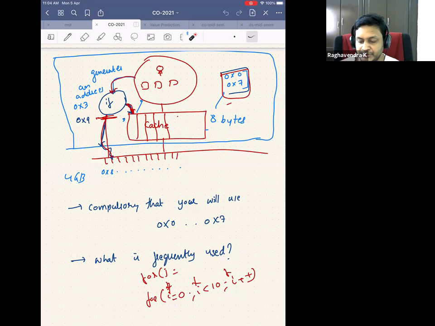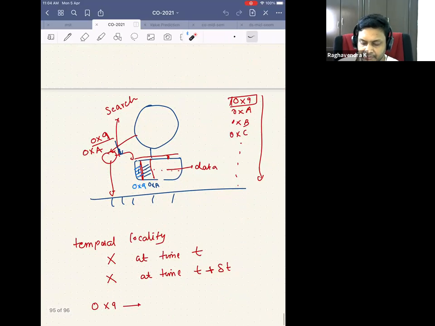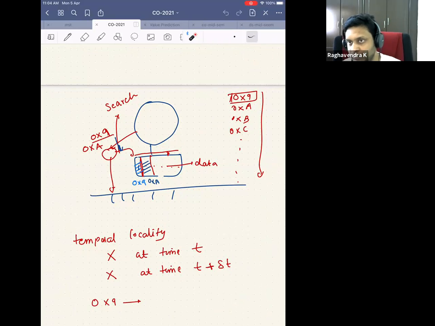frequently used data, which means we will store any byte that is frequently used here. And why do I store frequently used data? You can see that i is frequently used and accessed many times. So there is this temporal locality, which generally any program adheres to. Temporal locality is not a feature of a hardware or a processor. It is a feature of a program, the behavior of a program. Of course, you can write a program that does not adhere to temporal locality, but more often than not, most programs adhere to it.